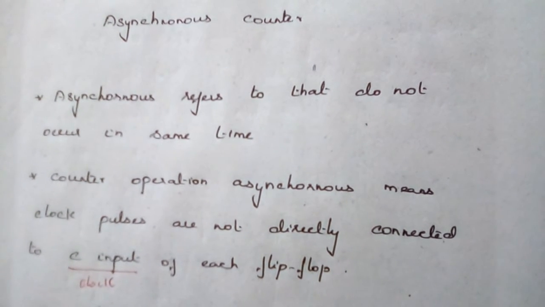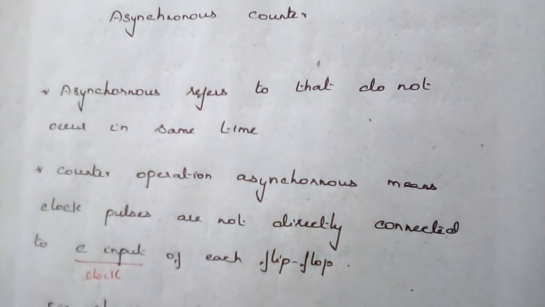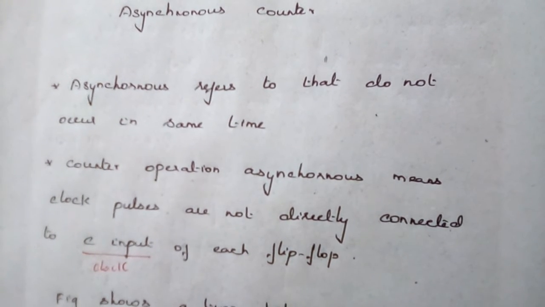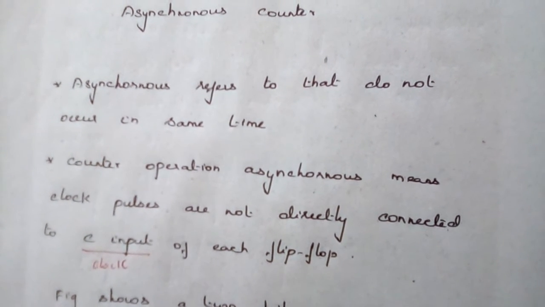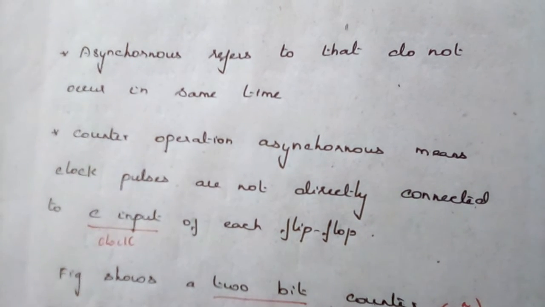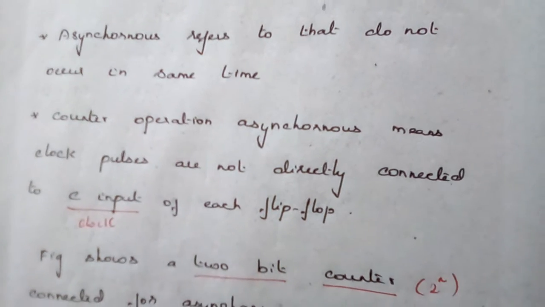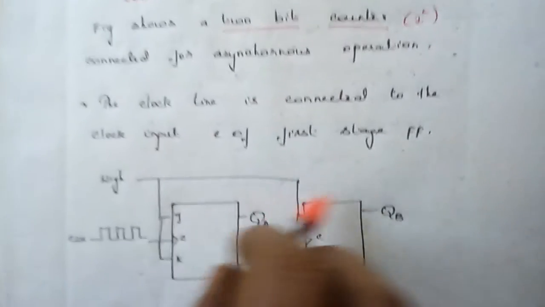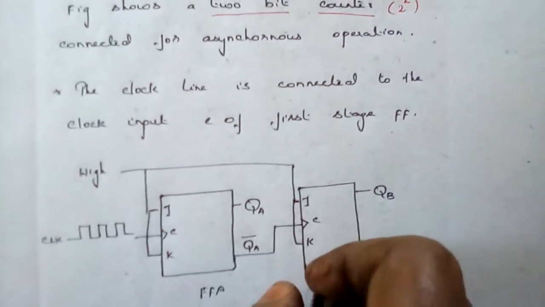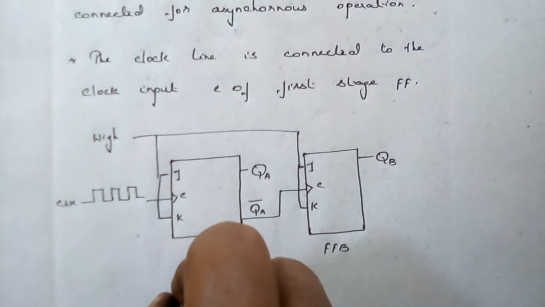Here we are going to discuss the 2-bit counter. Whether it is a 2-bit counter, a 3-bit counter, a 4-bit counter or a 5-bit counter, it is decided by the 2 power n case. The 2-bit counter connected for asynchronous operation is given by the figure below. To explain it, we have taken two flip-flops, named flip-flop A